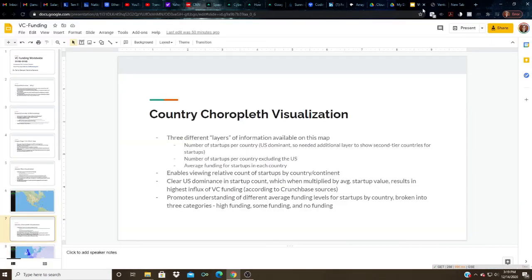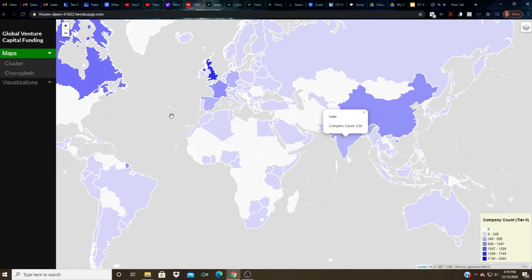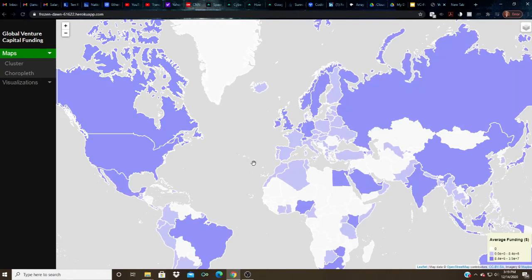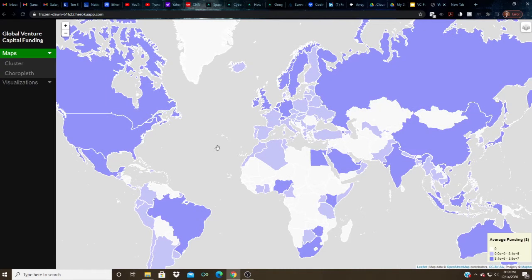And then the third thing we looked at was average funding for startups in each country, just to get a sense of how much each startup is worth or funded at for each country. This map had 3 different levels. We grouped them into 3 groups. No startups, which are white, so there's no funding there. Then a moderate level, startups worth up to about